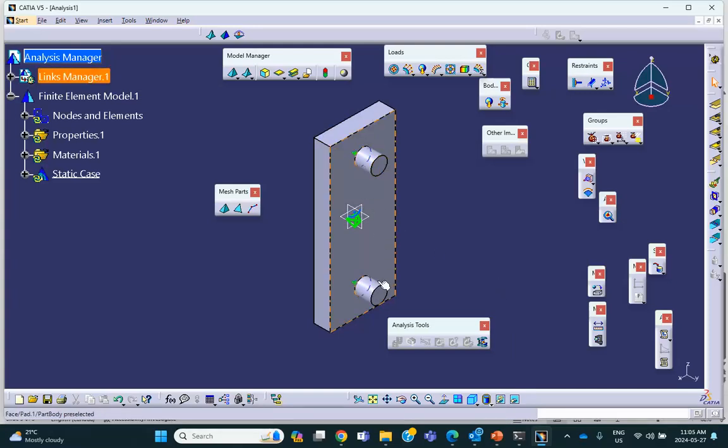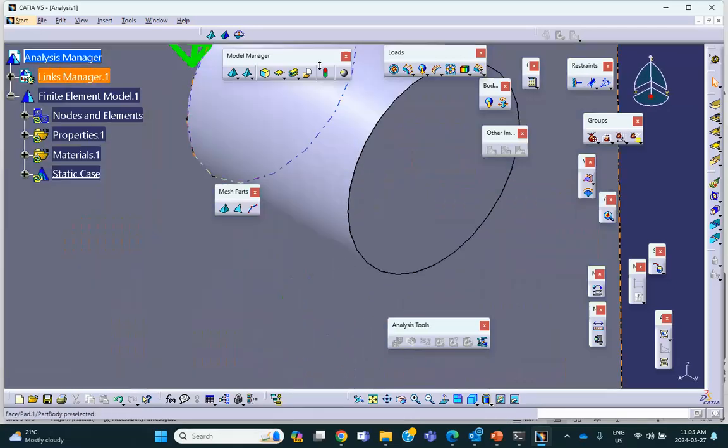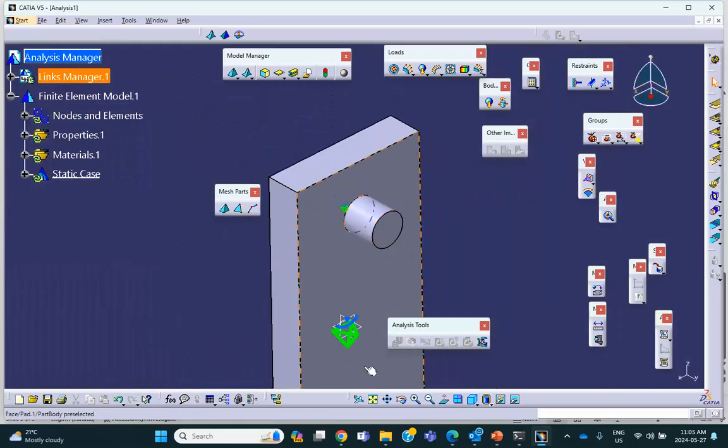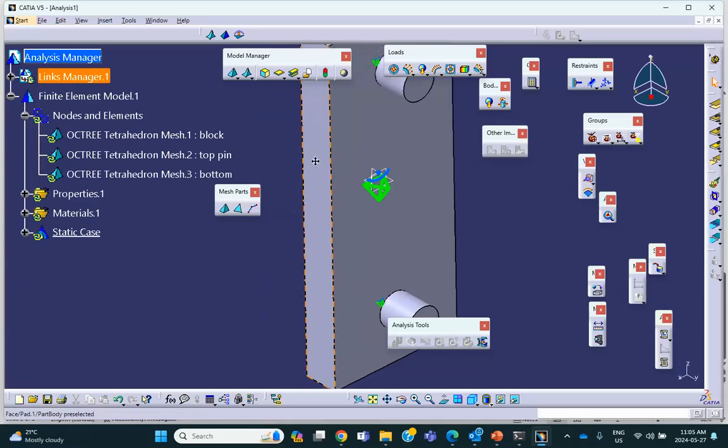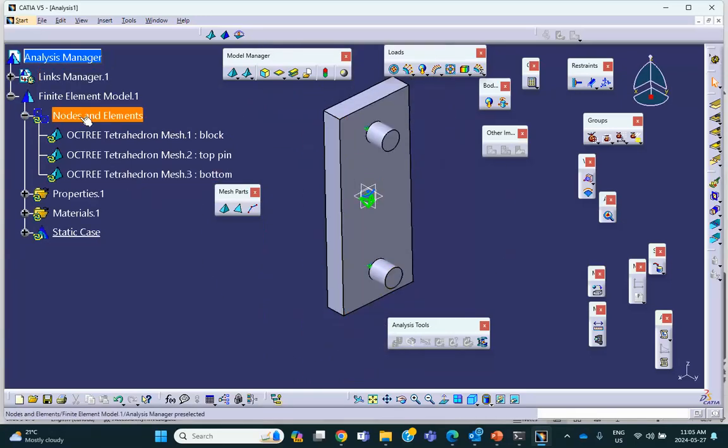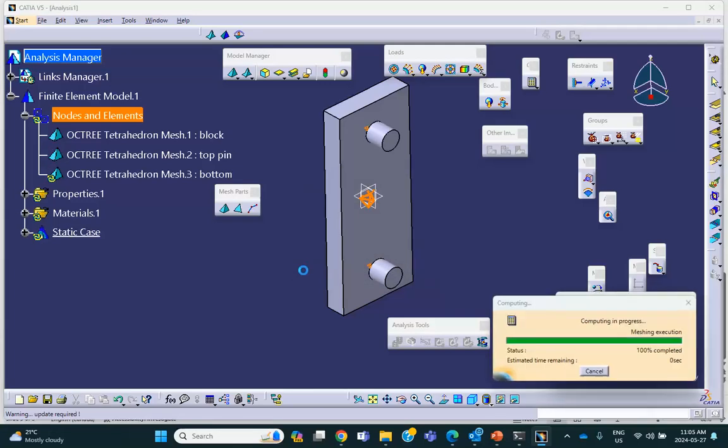And immediately it measures that. You can see that right there. This is for the top pin, this is for the block, and this is for the bottom pin. Another way that you can see that is in the tree. Now, if you want, you can right-click mesh visualization and look at it. And notice that